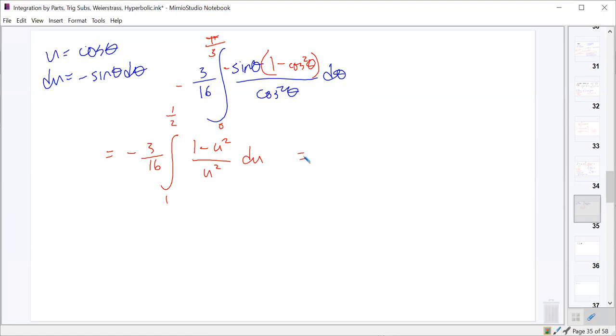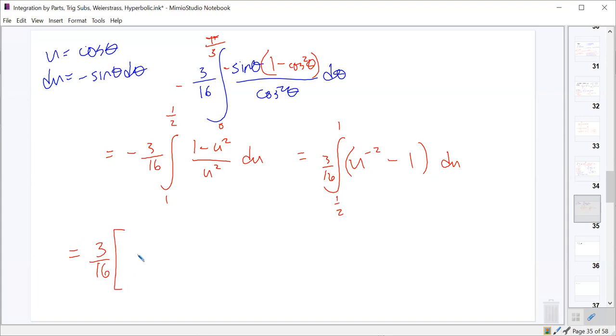And from there, how do we deal with this integral? First off, I'm just going to flip my limits of integration from 1 to 1/2 to 1/2 to 1, and then get rid of the negative sign. And what can I do with 1 minus u squared over u squared? Just divide each element in the numerator by u squared. All right, so u to the negative 2 minus 1 du,